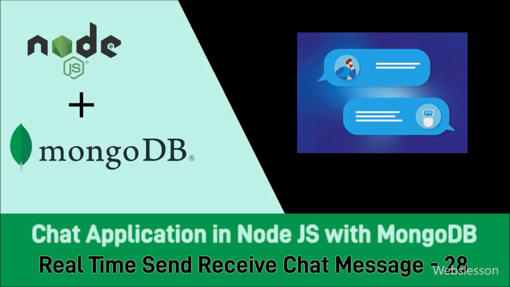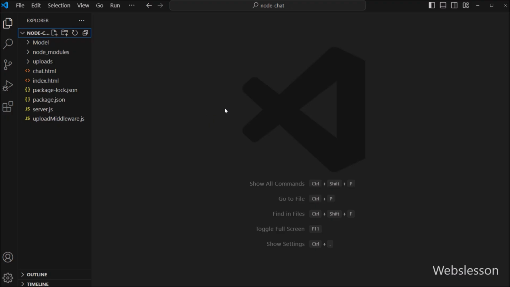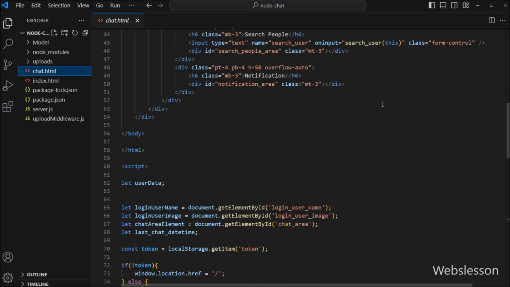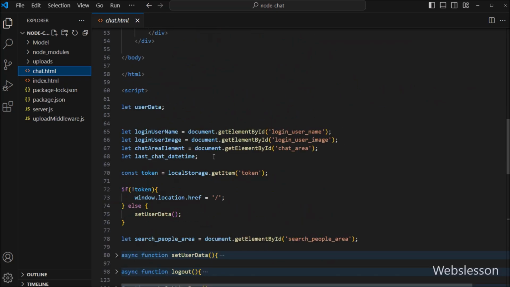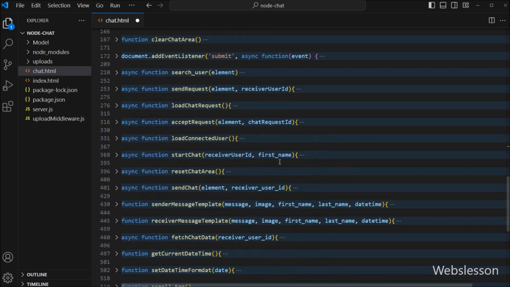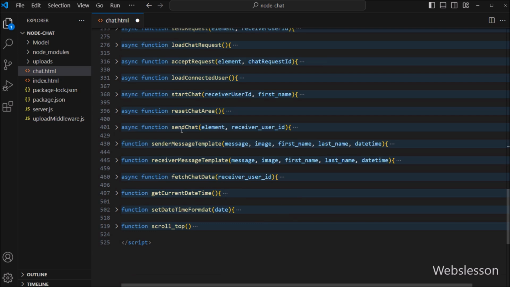In the previous part, we learned how to fetch chat message data from the MongoDB database and display it on the web page. Now we want to make a real-time chat application, so for this, we go to the chat.html file. Here, we have defined one interval variable, and in this variable, we will store the number of the interval returned by the setInterval function. So, we go into the start chat function,